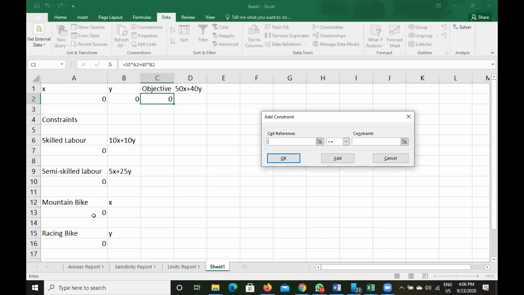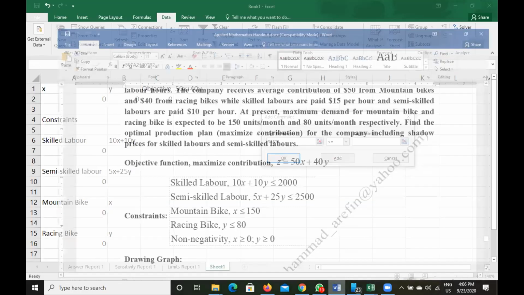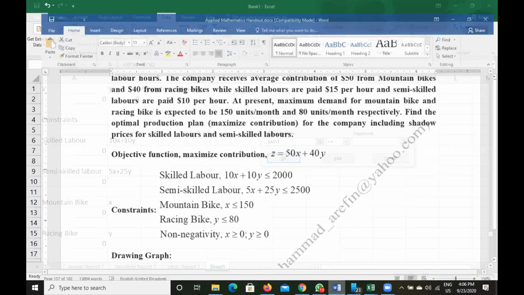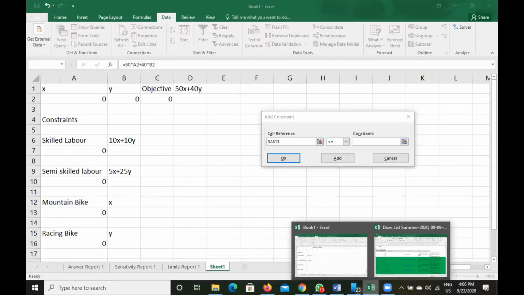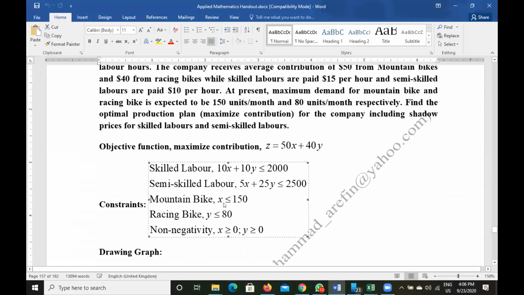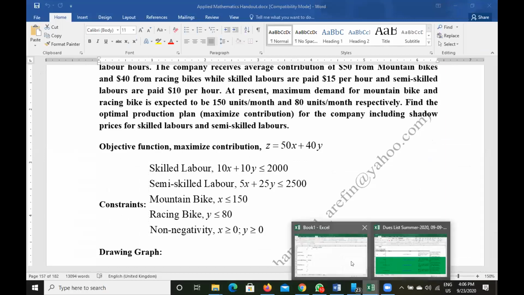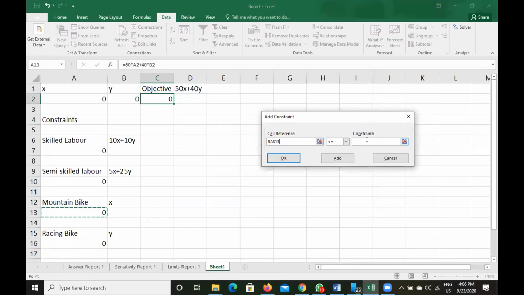Now the third constraint, mountain bike. The formula for the mountain bike is here. Mountain bike, x, is less than or equal to 150.